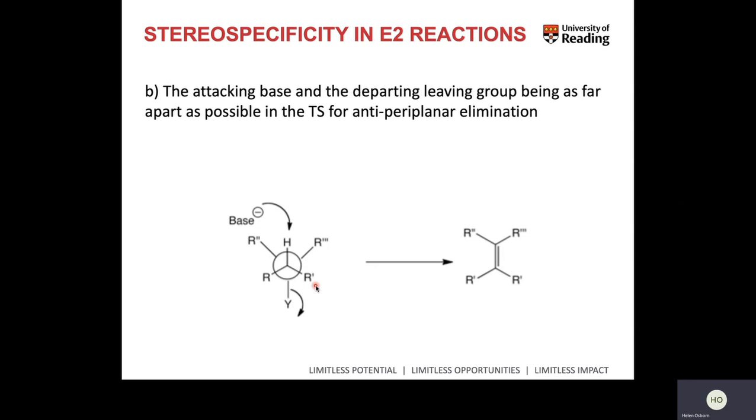That means because all of the bonds are breaking and forming at the same time,